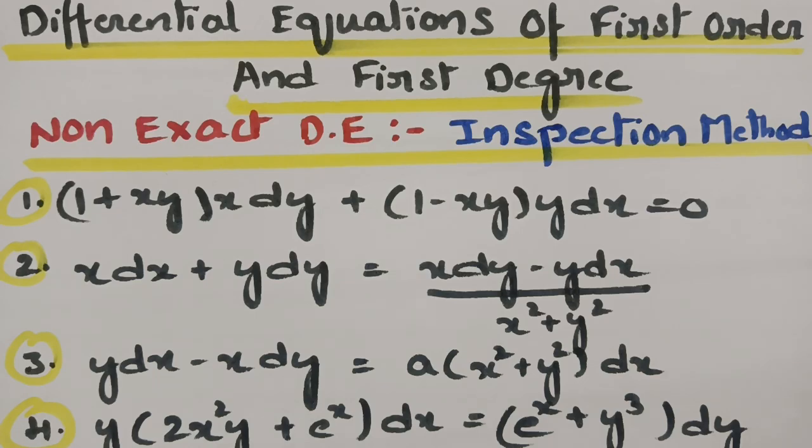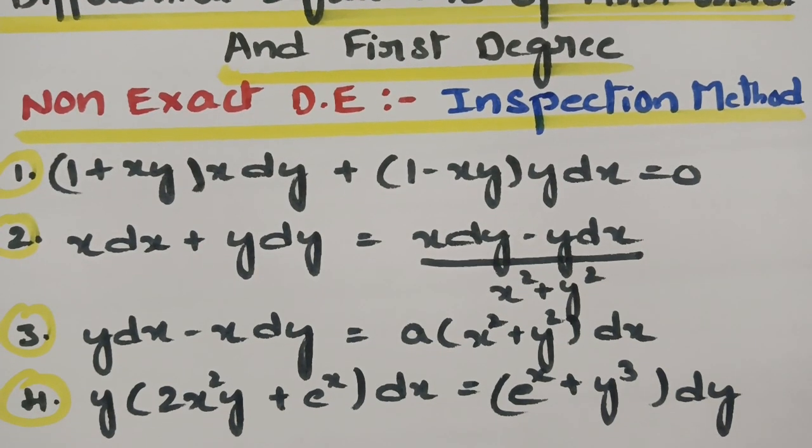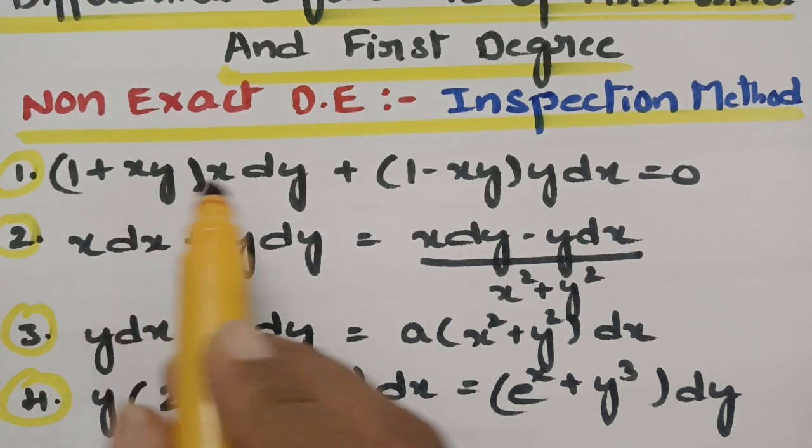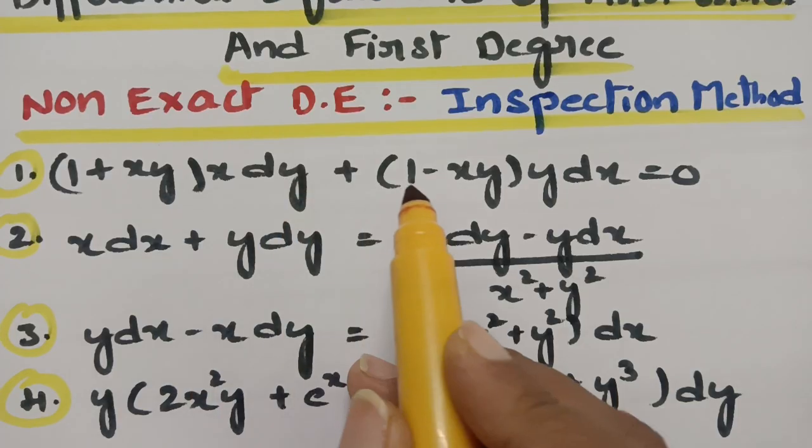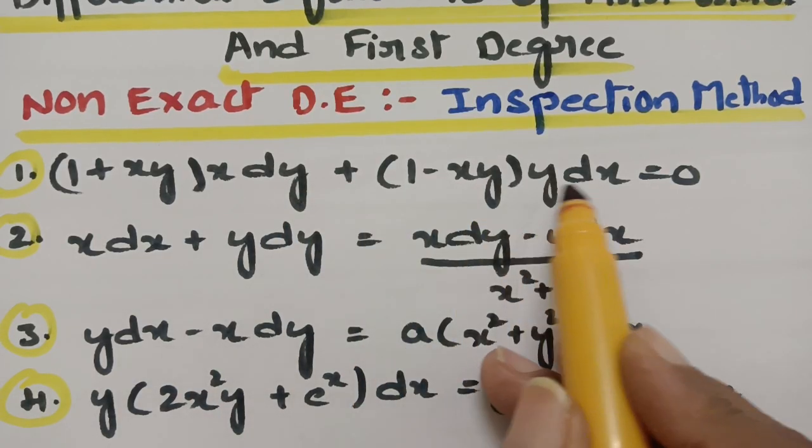So, if you're ready, let's get into today's video, which is on non exact differential equation. The method which I'm going to use is the inspection method to get the solution. Here are a few problems flashing on the screen. In my earlier video, I have taught you 10 formulae, and now I'm going to implement them today to get a solution. The first question here is (1 + xy) x dy + (1 - xy) y dx